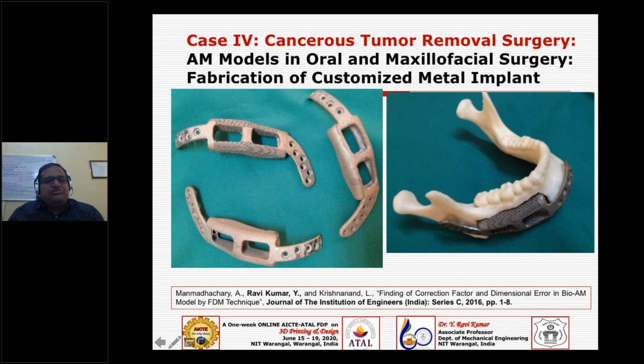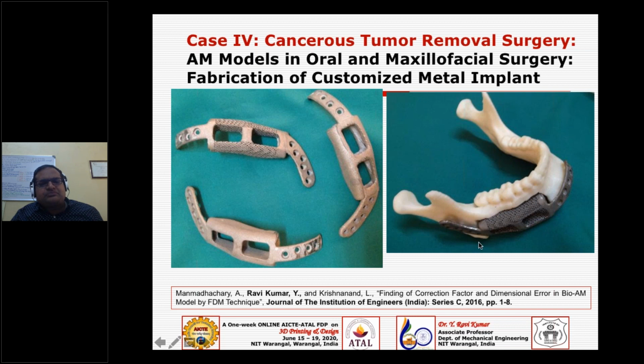And then we even printed metal titanium 6/4 parts. We developed different designs for this, and we have selected one design, which is porous, as we know it should encourage osseointegration. Why? Because you are fixing a foreign body, a man-made material, and it is touching the bone. So the natural bone and this implant should get married, meaning it should have osseointegration. So definitely we need to have a porous kind of structure which we need to mimic in the software, where it will enhance osseointegration through cell growth and things like that.